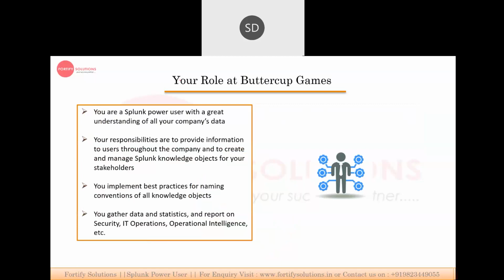So what is your role at Buttercup Games? You are a Splunk power user with a great understanding of all of the company data. So now you are in the company as a power user. Your responsibility is to provide information to users throughout the company and to create and manage Splunk knowledge objects. What is a Splunk knowledge object?